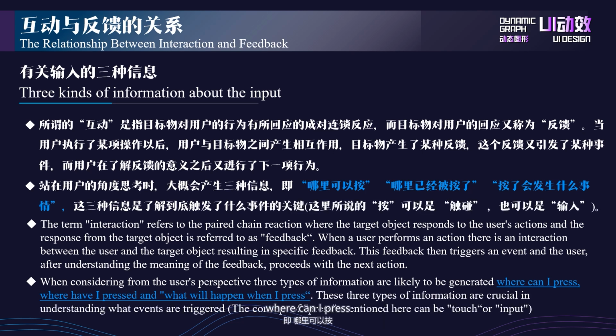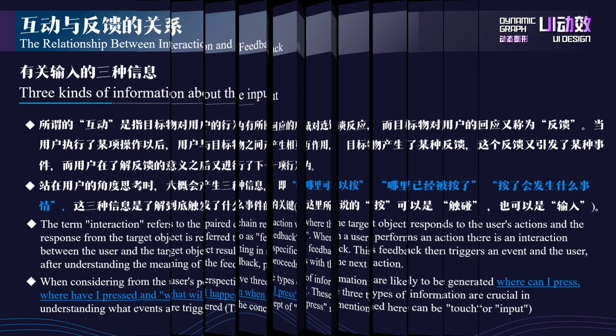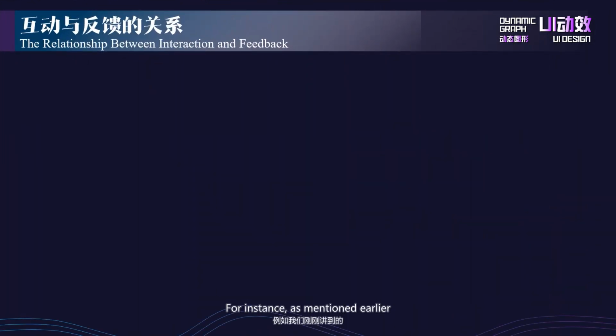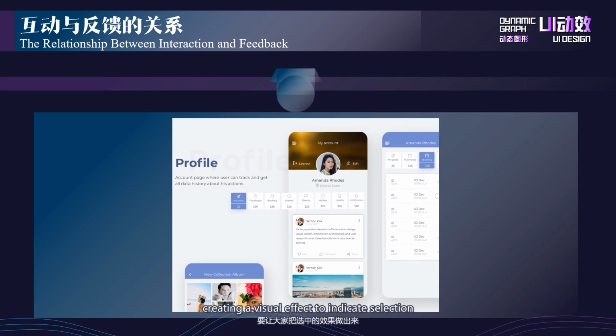Where can I press? Where have I pressed? And what will happen when I press? These 3 types of information are crucial in understanding what events are triggered. The concept of press mentioned here can be touch or input. For instance, as mentioned earlier, creating a visual effect to indicate selection is also a result of interaction, specifically indicating